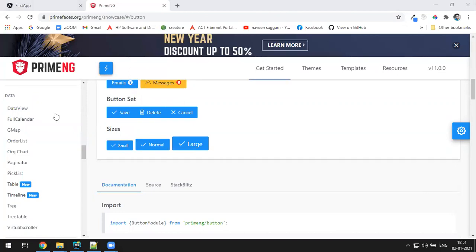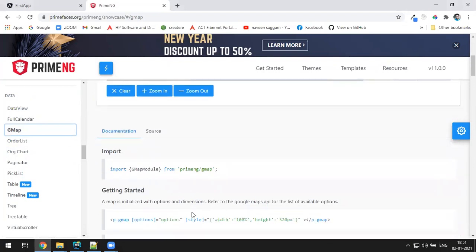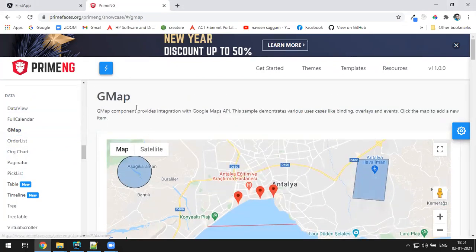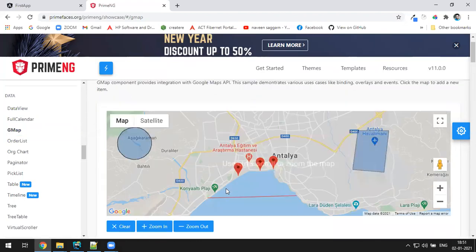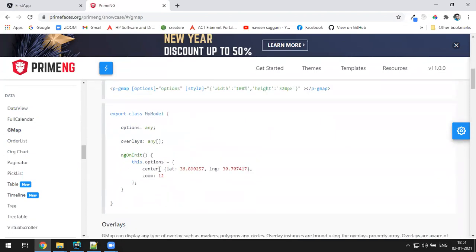Yeah, Google Map is also there, that's called Gmap. So they have an inbuilt Google Maps API, a map module, the Gmap module, but this was not there in Bootstrap. So a lot of many things are there apart from Bootstrap. You can scroll and check the source code to see how it is implemented. You just have to give longitude and latitude. Like this we have a nice table.